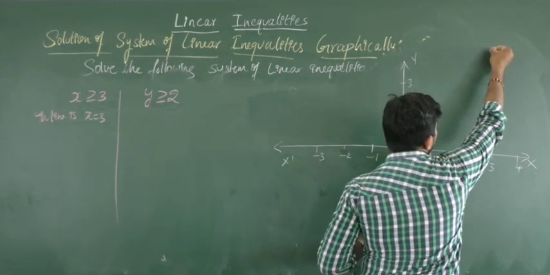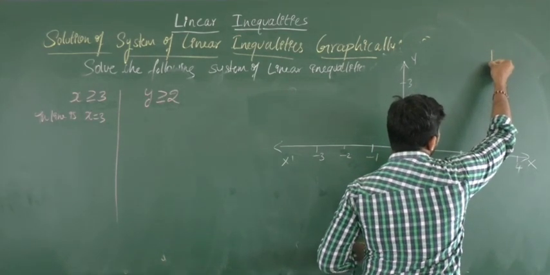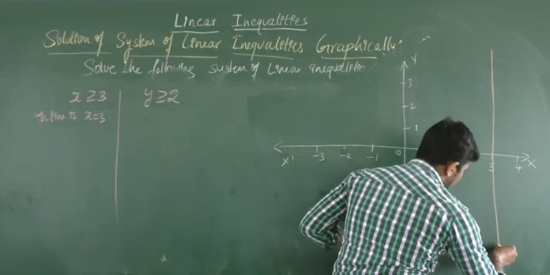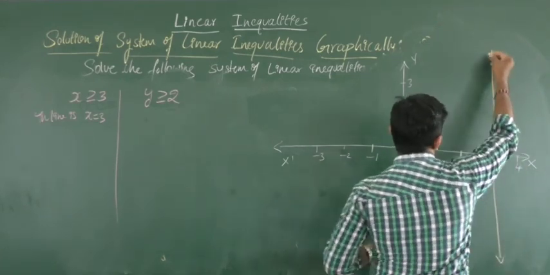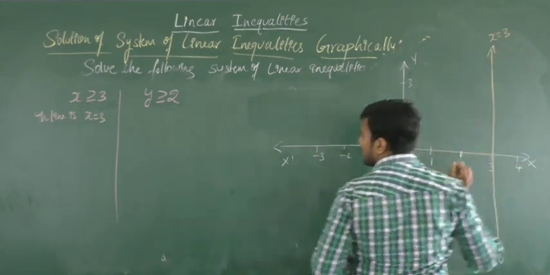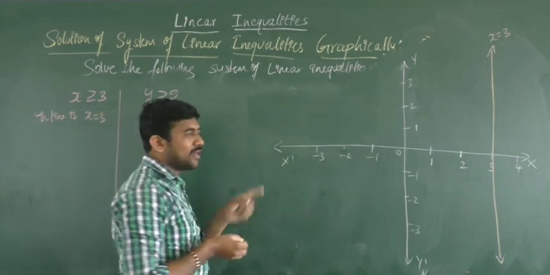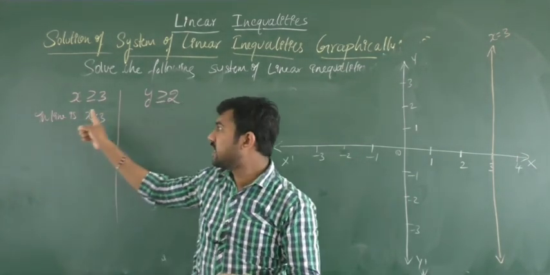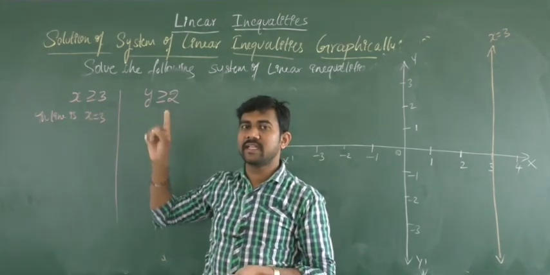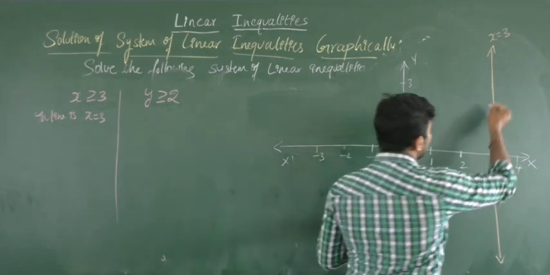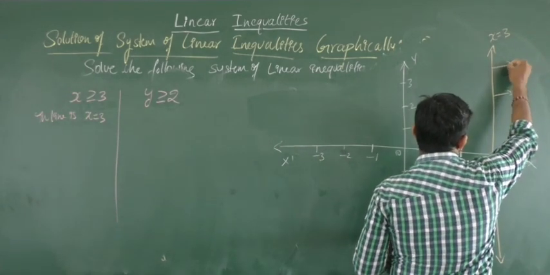So the line vertically passes through the point 3 on the x-axis. What is the equation of this line? x is equal to 3, and this is a slack inequality, so it is a thick line. Since you have x greater than or equal to c, the right side is the solution region. So directly you can say this side will be the solution region,